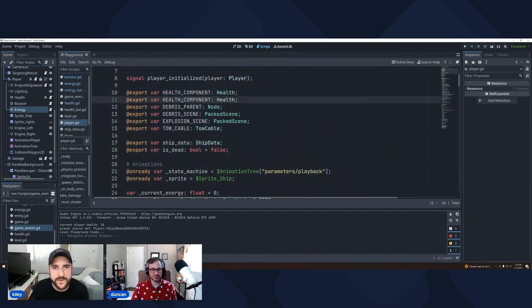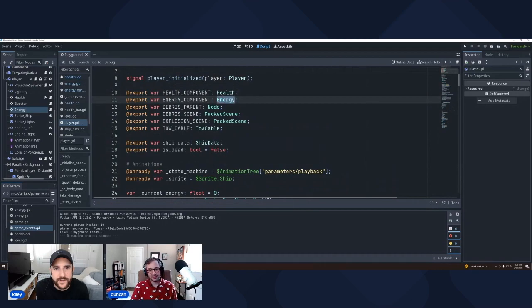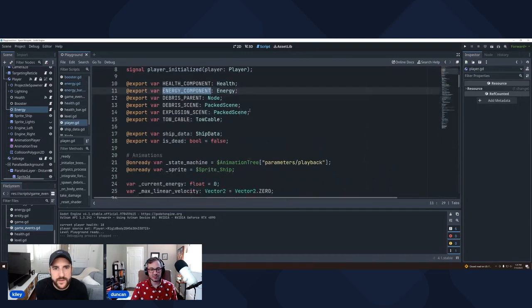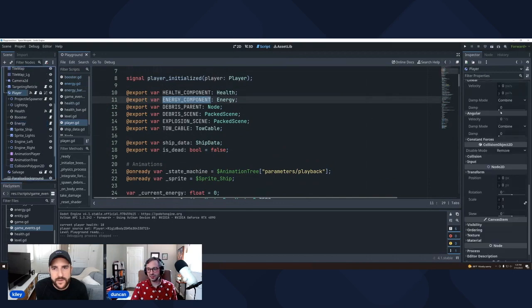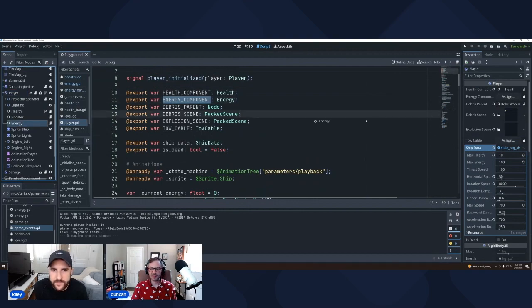Yeah, so let's do it. We'll have a reference to that. So again, we're copying and pasting energy component, and we're going to call it energy. And it knows that class name from our definition here. So what that is going to do is show us in the inspector a new field, the energy component, and we can just drag that right in, and it'll automatically know that we're talking about that script.